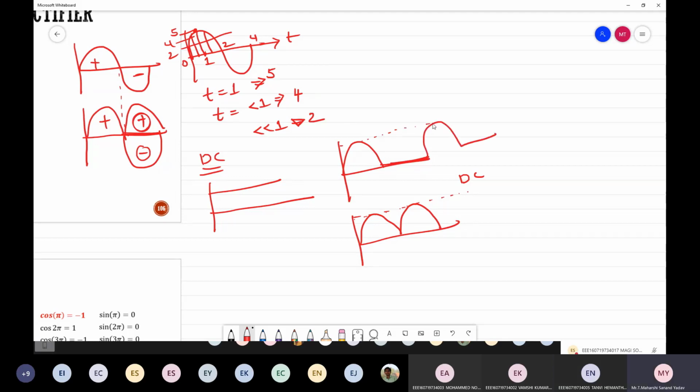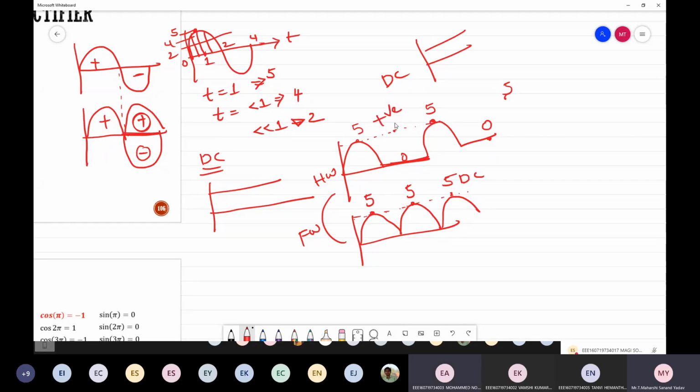Whereas what is happening for half wave? Here it will be 5 volt. If you see at this instant of time, the output is 0. At this instant, 5. Again, it will be 0, 5. Whereas in a full wave, constantly it is maintaining the maximum 5 volt. So that's the requirement. We are shifting from half wave to full wave. Our main requirement is DC, which should be something like this, right? As it is positive, this is also good, but the performance of the full wave rectifier will be a bit better compared to half wave. Why? Because it is maintaining a constant peak voltage Vm. Clear?